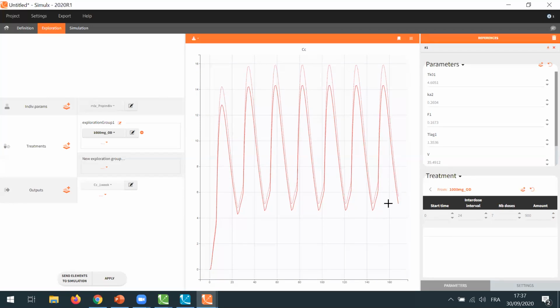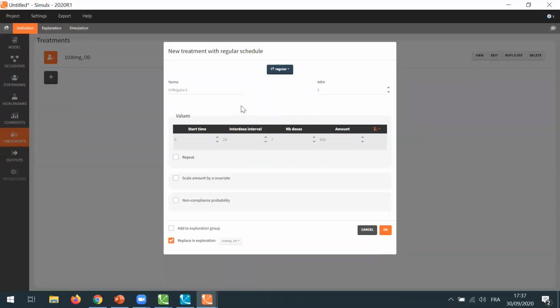So as a first step, I will just focus on toxicity, and I will investigate what is the real impact of decreasing the amount to 900 milligrams when I simulate it on a whole new population, which I can do in the tab simulations. So in order to do this, I do not need to create from scratch a new treatment element for the 900 milligrams, but I can create it from here directly. So this will save in a new element the values that I have modified in the interactive exploration tab. So I can just give it a new name, 900 milligram once daily.